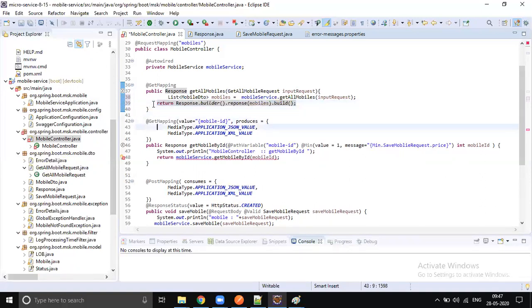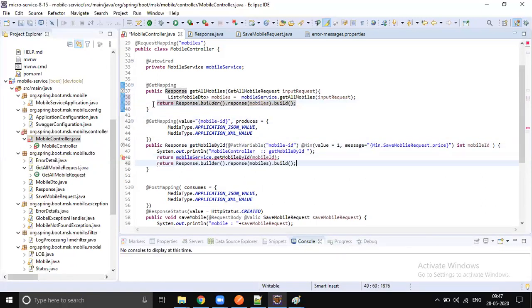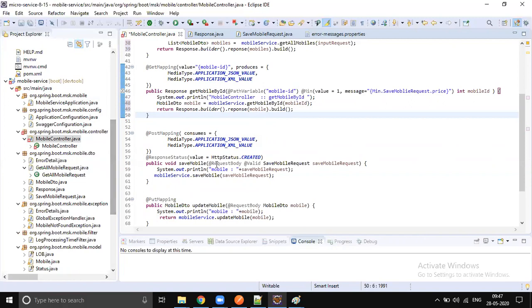Okay, let's do the same thing here also. Let's not return here itself. Let's do mobile DTO. Yes, mobile. Instead of mobiles, this is going to be mobile. Come back for save. We are not returning anything, but still let's return the response.